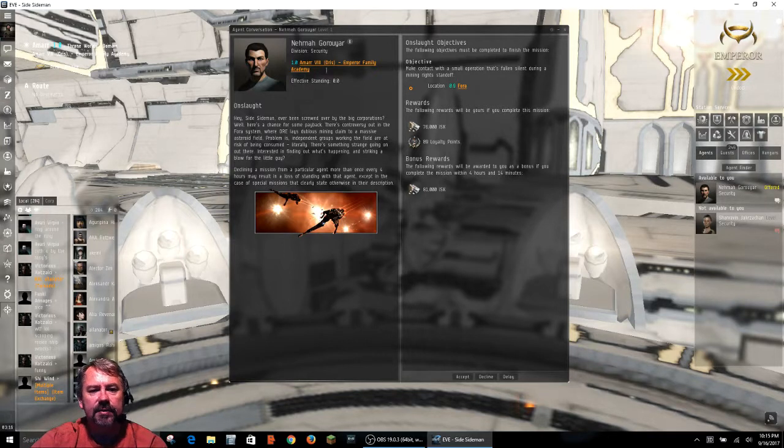Now, normally when you start doing missions like this, you'll do a few, and once you get some rep with this agent or some loyalty points, he'll give you a mission that is a chain of missions, like 5 missions in a row that lead to a large reward at the end, which is pretty cool. That's what I would target when I'm out trying to do missions, to get to that level with an agent so I can get those missions and get some kind of good